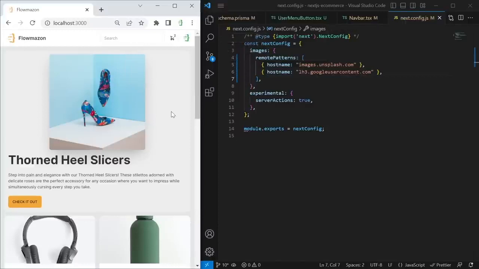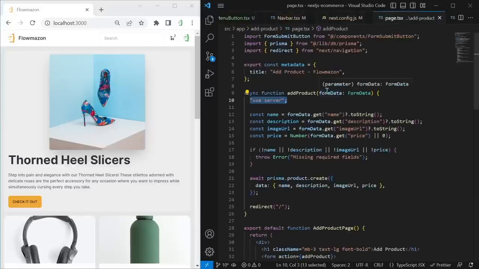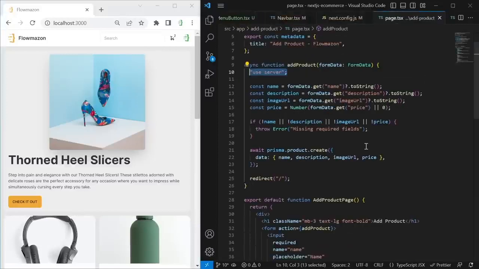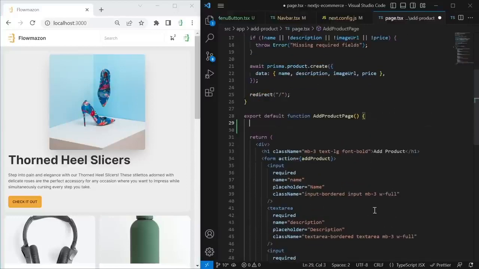But to see that we are actually authenticated, let's add some protection to our add product page. We make it so that not anyone can open this page. Instead, we have to be logged in to add a product. Of course, in a real app, you probably want to make this available only for an administrator. But here we will just add simple authentication protection. So the add product page is a server component, right? This means we can fetch our session